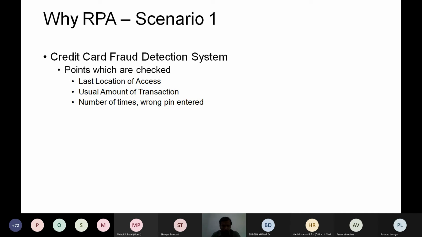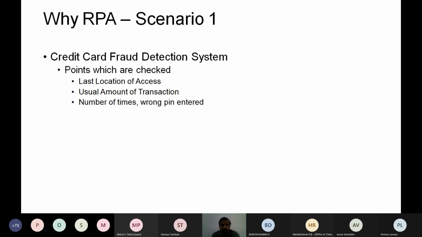As the number of credit card customers increases, the number of frauds and anomalies also increases. Think of a situation where a bank has 10 lakh credit card customers.